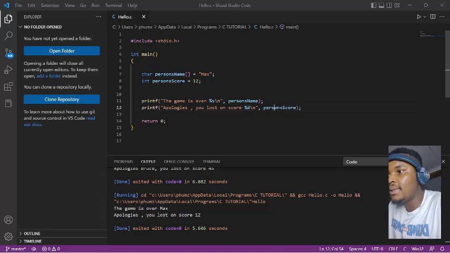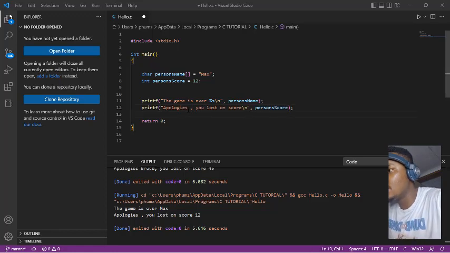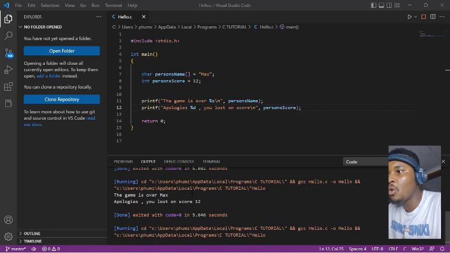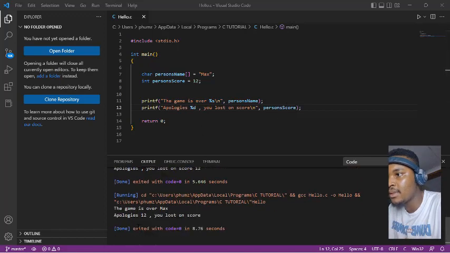So you could put this D anywhere. So if I remove it from there, say, and put it, apologies, now this obviously won't make sense as far as what the sentence means is concerned, but I could put the D there, and then if we run this, it's going to say now, apologies, 12, which is obviously not what we're trying to do, but I'm just trying to demonstrate that this D, wherever it is in your code, speaks to person score, right? So the game is over, Max, apologies, 12, because that's now where the placeholder is. You lost on score,